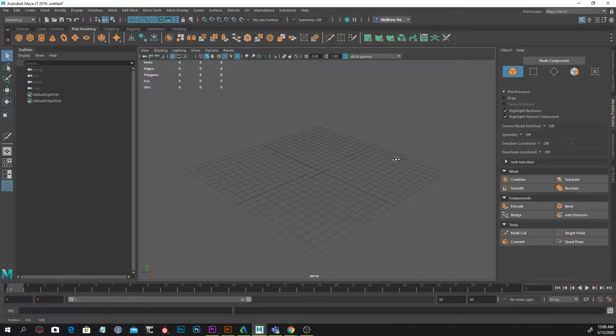Hey guys, so this video is to show you a tutorial on how to make a vehicle within Maya. First we're going to start with building out the chassis for a vehicle, and for this particular assignment we're going to be making a vehicle with 4 wheels. We'll start with the chassis, and then we will work on the wheels, and then we will work on the